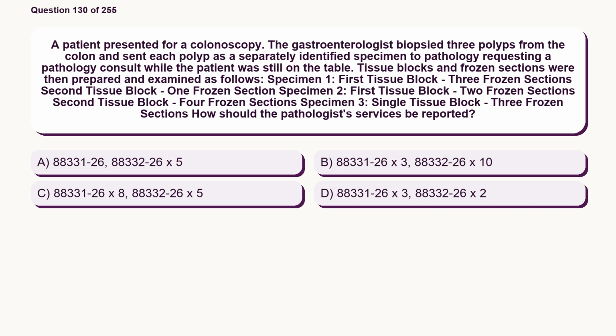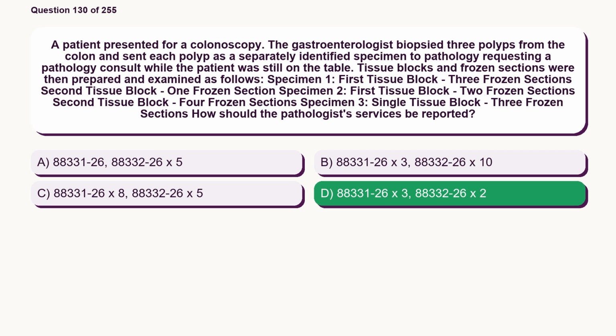Option A, 88,331 to 26, 88,332 to 26x5. Option B, 88,331 to 26x3, 88,332 to 26x10. Option C, 88,331 to 26x8, 88,332 to 26x5. Option D, 88,331 to 26x3, 88,332 to 26x2. The correct answer is option D,